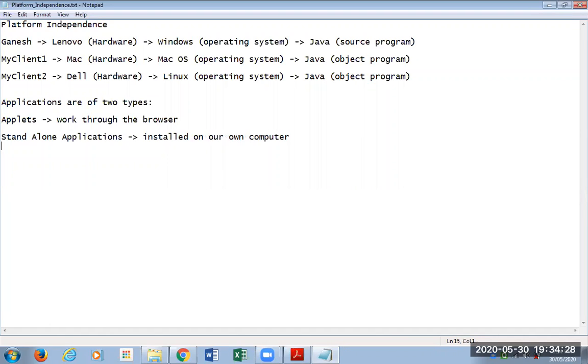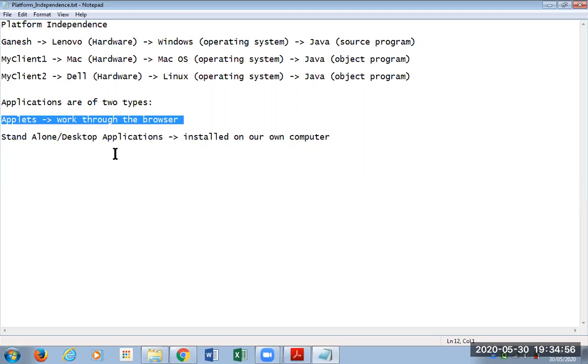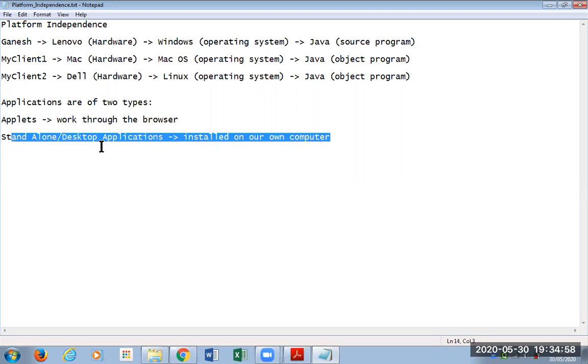That means they don't work through the browser. Standalone applications, or you can also call them desktop applications, are the ones installed on a computer and working through our computer alone. So in Java, we can make both kinds of applications now. Earlier, it was designed to work for applications which work through the browser only, but now we can also make standalone applications in Java.